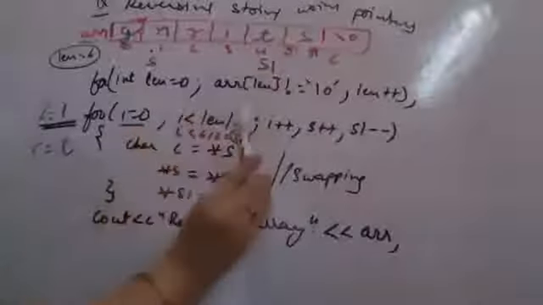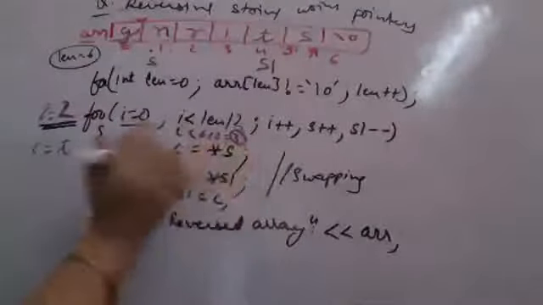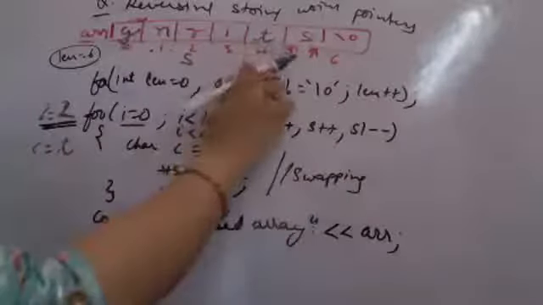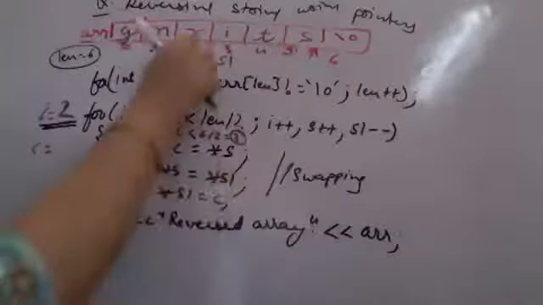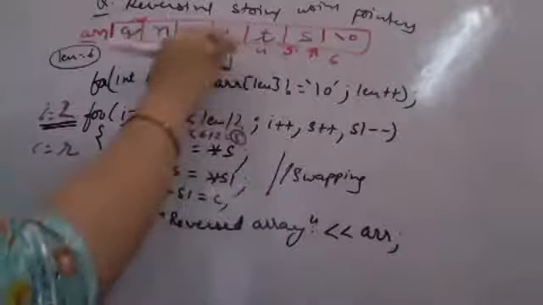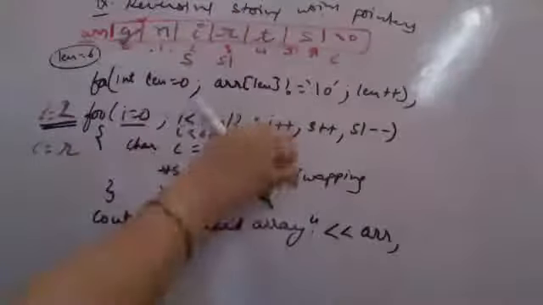Again, go to the iteration, I plus plus. I becomes 2. 2 less than 3 is true. Increment S, S becomes here. Decrement S1, S1 points to one location less. Again, do the same thing. C becomes the value at S, which is R. Value at S is replaced by value at S1. So R is replaced by I. Value at S1 is replaced by value in C. This becomes R.